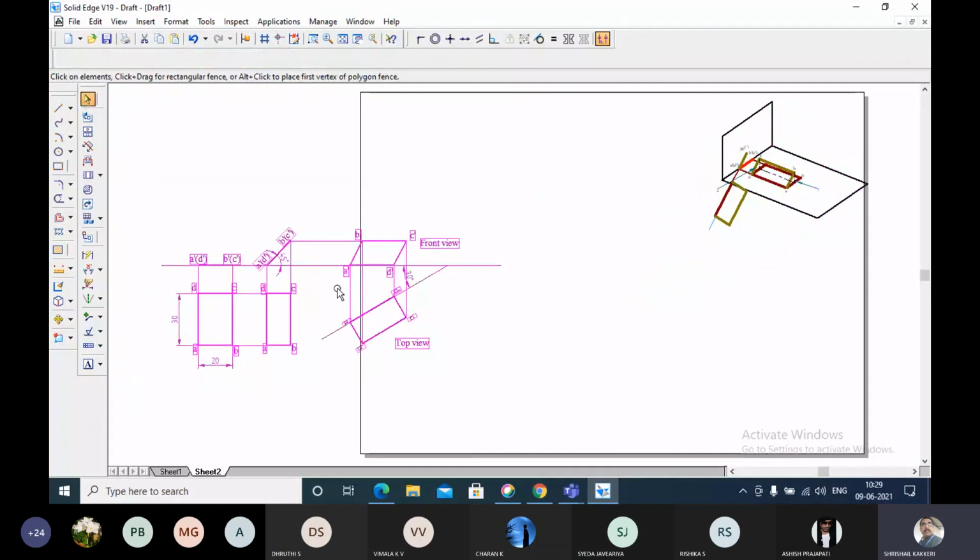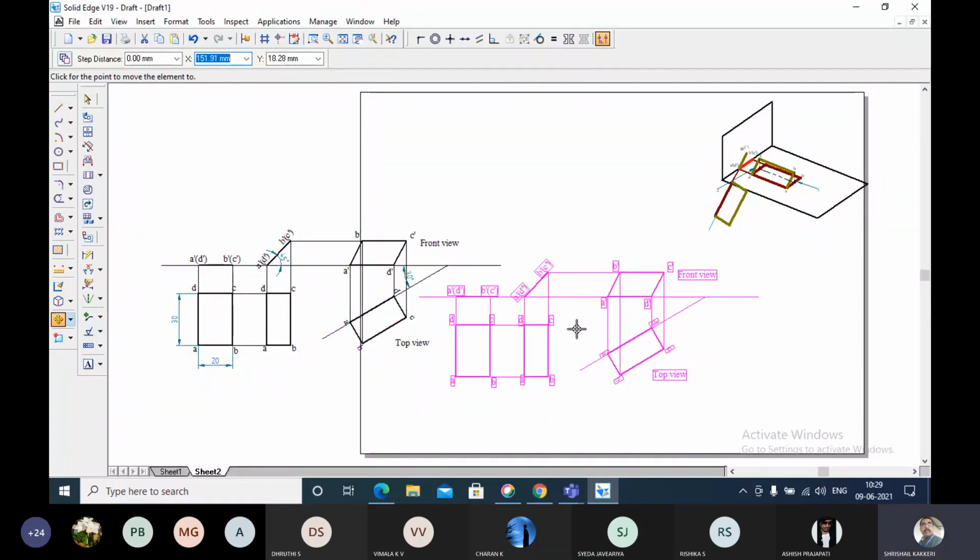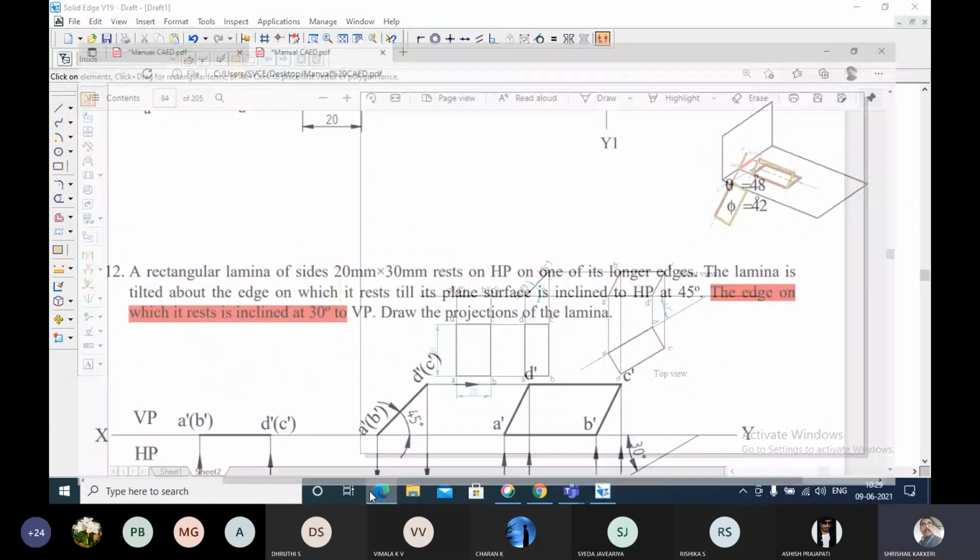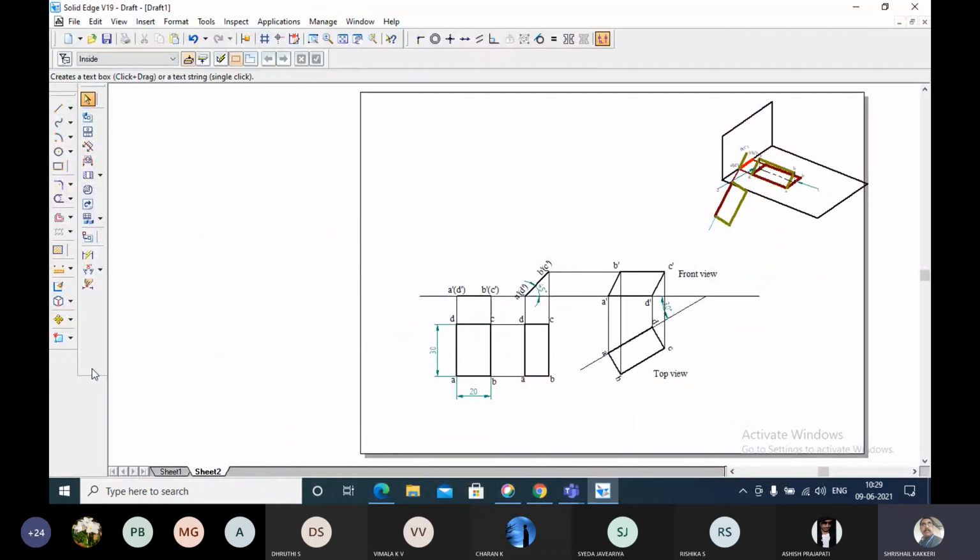And this problem I'll be keeping here. And what is the problem number in your book? This is problem number 12. Okay. I'll write the problem number also and send you. This is problem number 12. Now, next